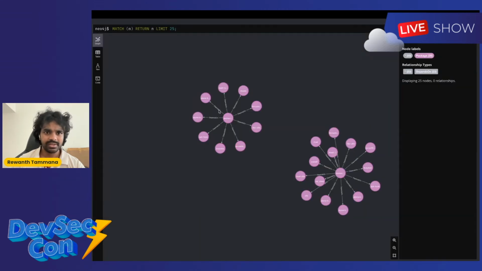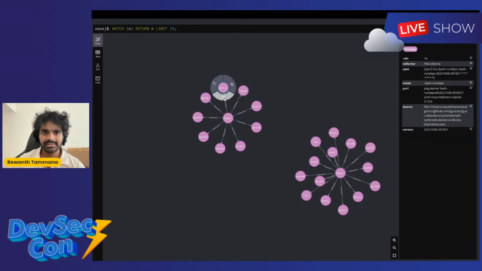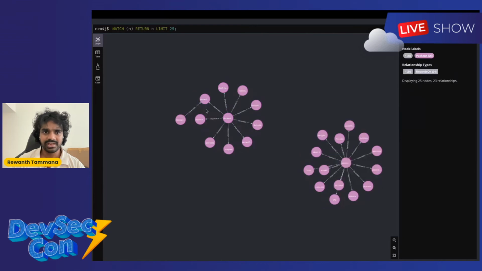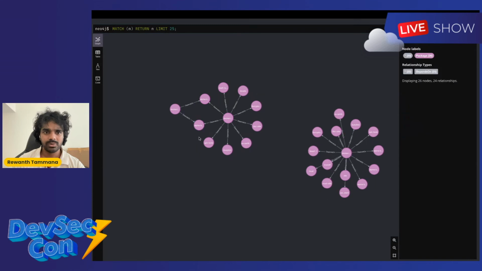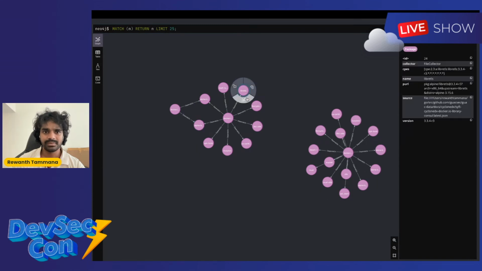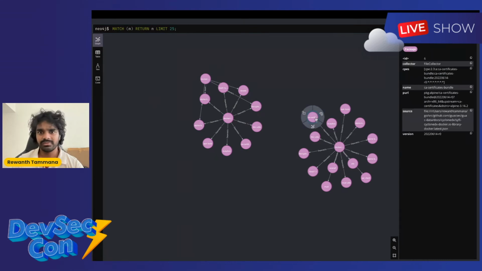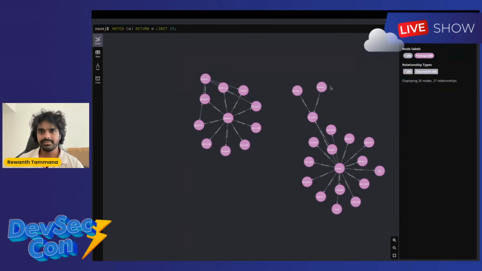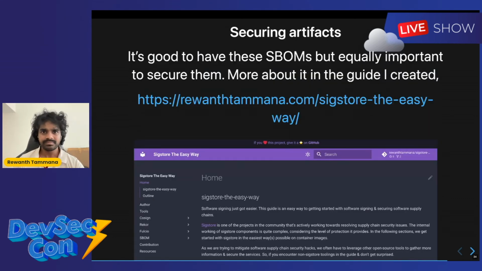And just to show a live interactive demo, this is a Docker bash image, and it has all these dependencies. So if I go to this one, I can just click on expand graph. If there are any other sub dependencies or something else depending on this package, it will show you the whole list of information over there. So in this way, it gets much more interactive, and some might prefer this way of visualization. So you can definitely try out GUAC to explore more into this.